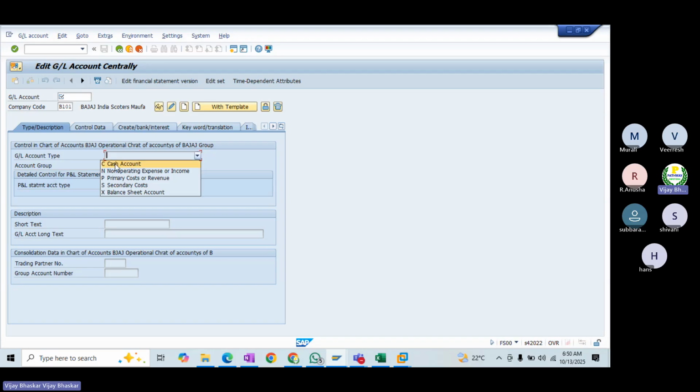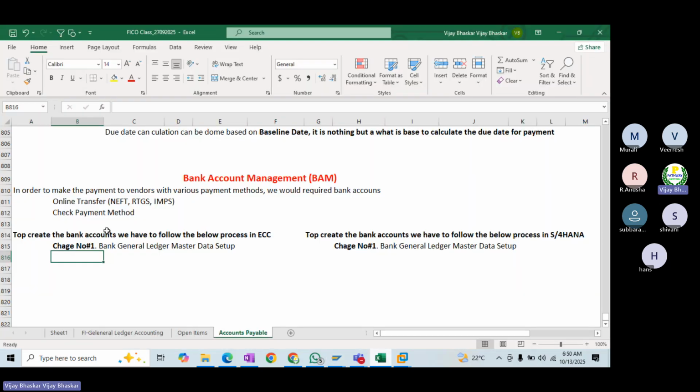So the cash account concept has been introduced. What does it mean by the cash account and how does it help in the S4HANA system? We'll talk about this. First, let's see